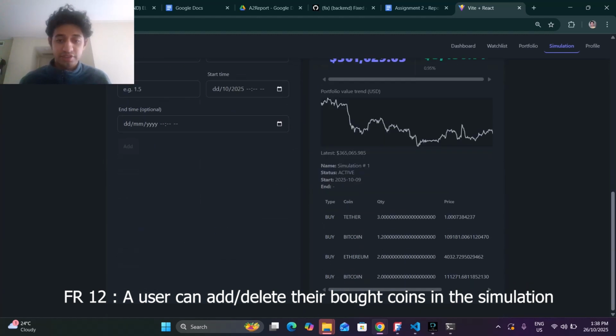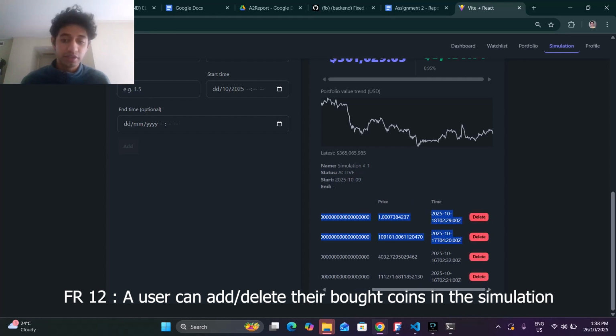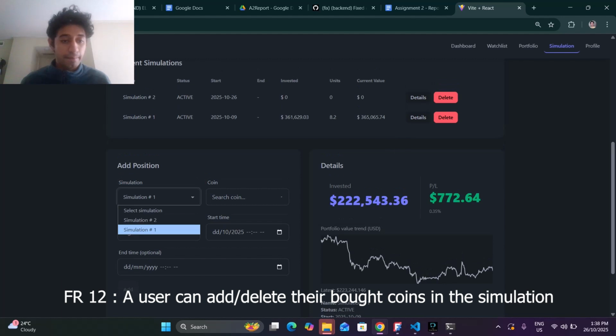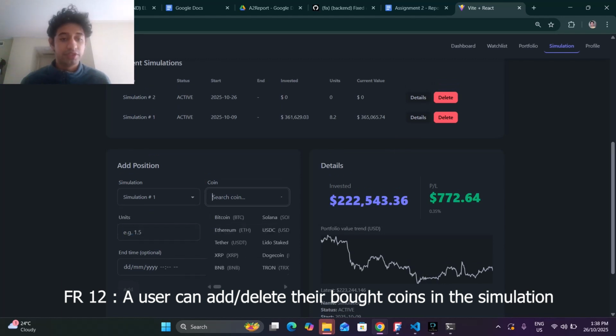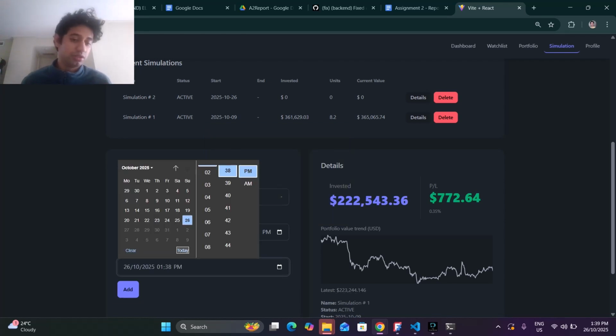So let's say I chose this, and as you can see, it already has 4 coins, either Bitcoin, Ethereum, and Bitcoin again, and these were the units and the dates you simulated. You can remove whatever you want, and then you can add to specific simulations a coin. So you can add a quantity, you can choose a date from the valid range, what time you would have made the purchase, and then you say you just sold it today, and you add